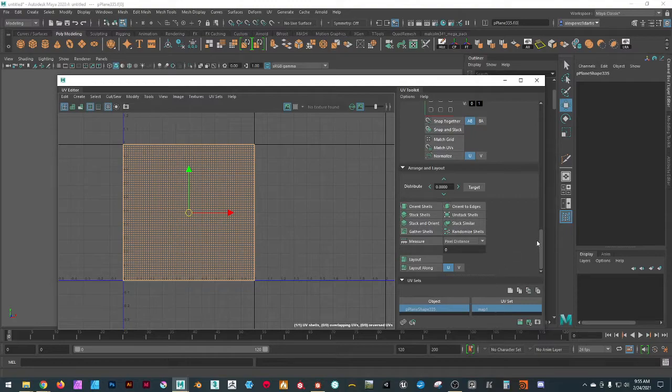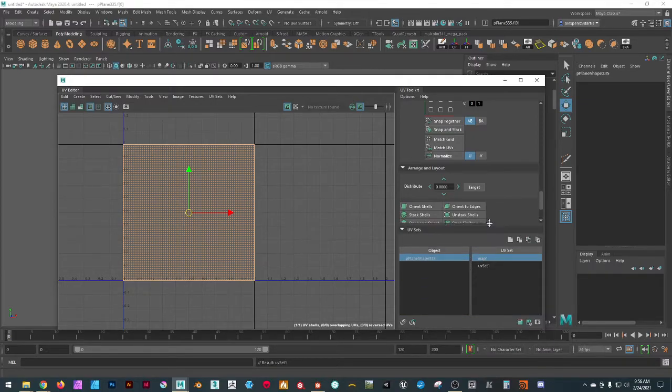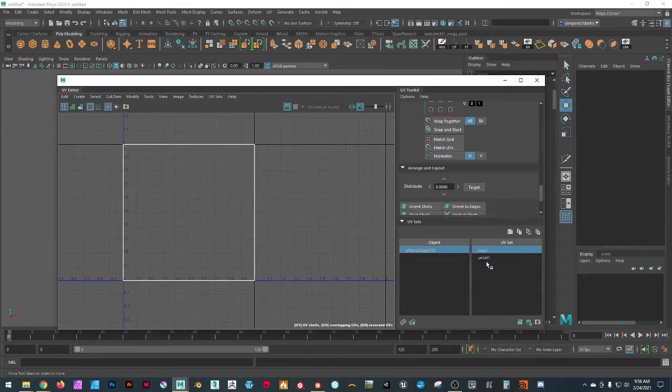But the light map has to be in 0 to 1 space. So let me duplicate this. Essentially, this would be the normal texture UV, and this would be the light map. So in the normal